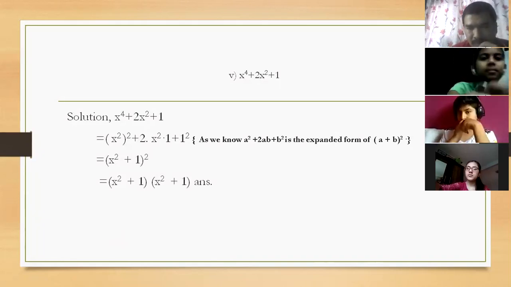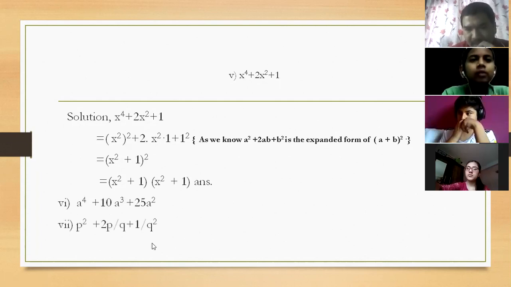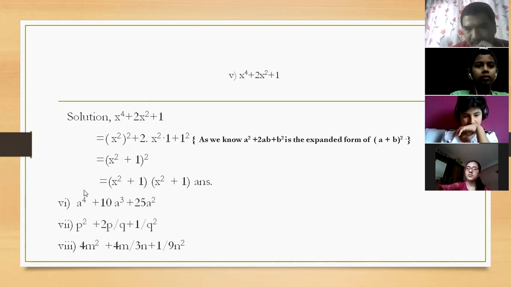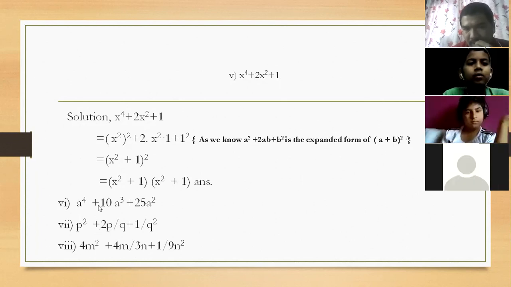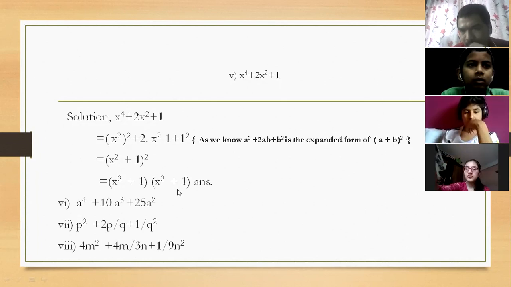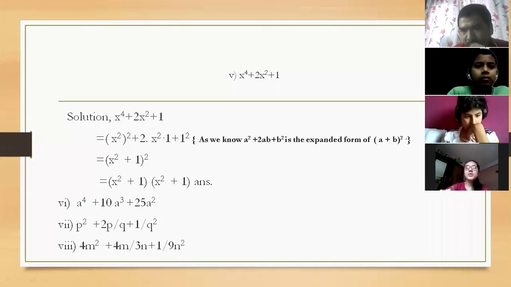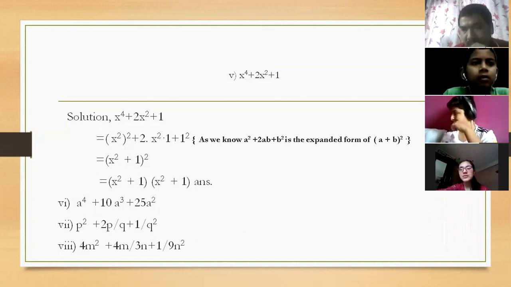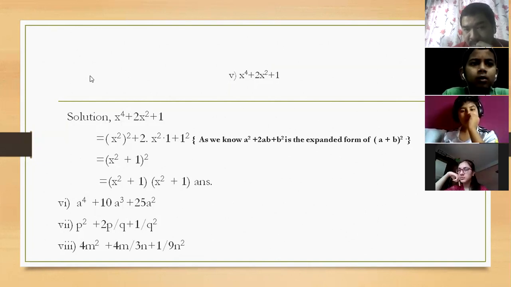Yes, sir, clear. Next one, look, 6 number, 7 number, 8 number, these all you have to solve the same way. But if there is common at first, you have to take common. Okay, children? Tell, which one you feel difficult here? I will solve one more question only. Yes, first of all I told, if there is common, we have to take common first. In question number 6, a square is common there. First take common a square.